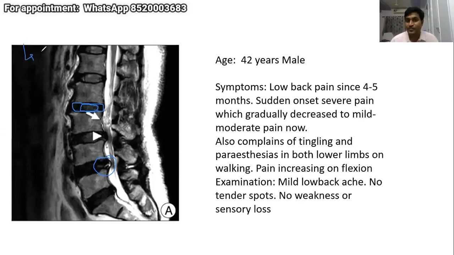Yes, sir. So 4 to 5 months back, the patient already had multiple disc degeneration. Before that also, if you ask him, he will say I had mild low backache, which was not significant. 4 to 5 months back, I had a sudden onset of pain because at that time I had an annular tear. After that, I took some conservative treatment. The annular tear healed, so my low backache has gradually decreased. Because of this disc bulge, there is some residual canal stenosis. Because of that canal stenosis, I have my paresthesias now.